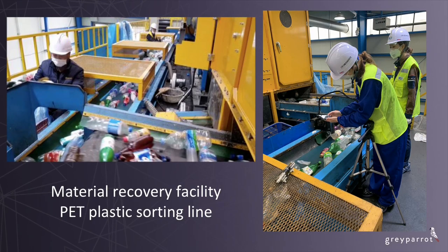So this is the first project that we're doing actually for a customer. This is a recycling plant in Korea, where, as you can see, this is a plant where there's manual sorting. So at the end of the chain, they're removing impurities from the plastic to make sure that it can be recycled. So you have about 3 people working just on that line. And the reason why is because the systems currently can't recognize that. So in the model that we built, if we go to the next slide,